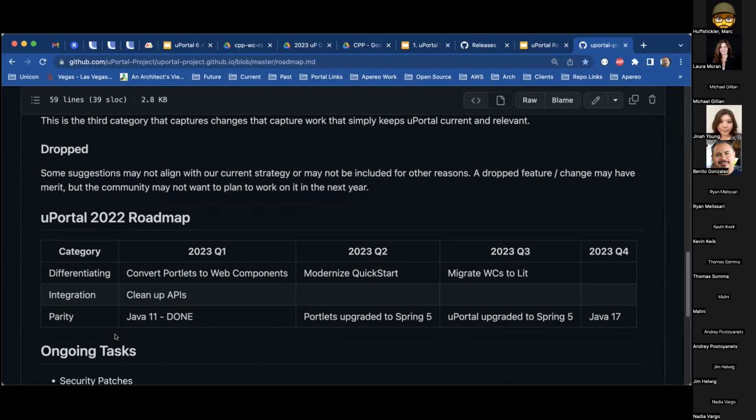Integration would be APIs, so it's not related at all really to parity, other than integration is such an important concept nowadays for web applications. We need to make sure that's got its own category. Differentiating is what makes uPortal special compared to other portals and other applications. If we dropped portlets and went web components, there's nobody else that I know out there that's doing it. I don't even know a lot of players in the space, honestly, but if we had web components that were truly flexible,